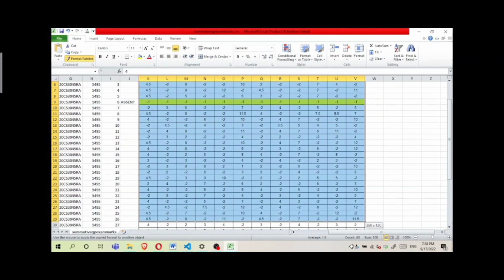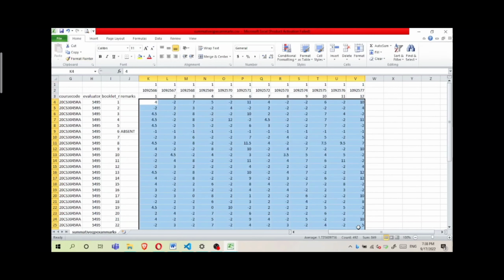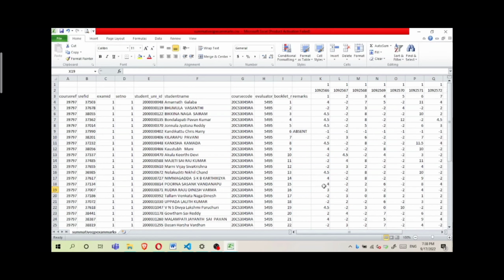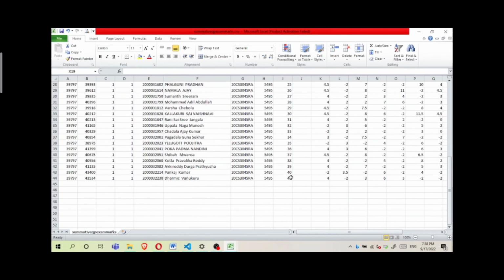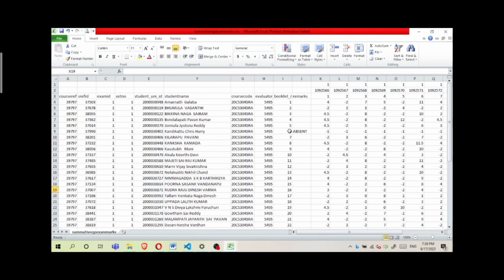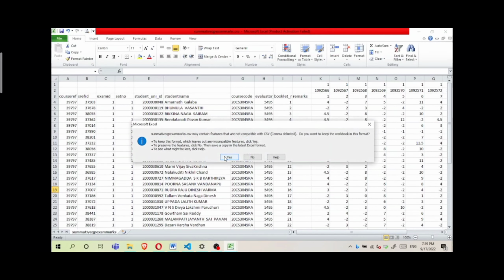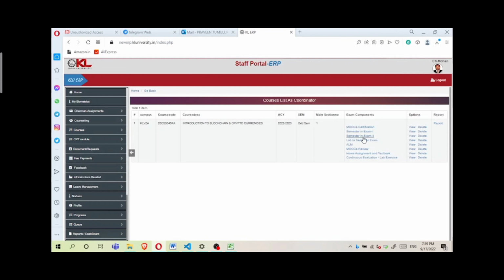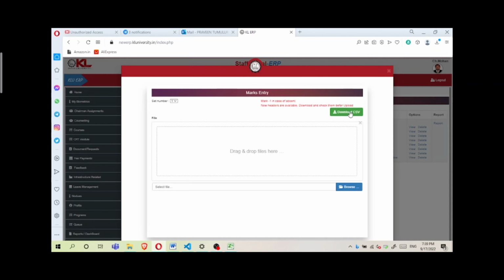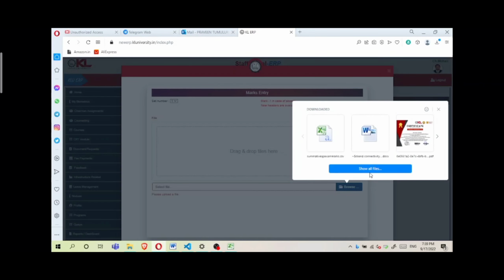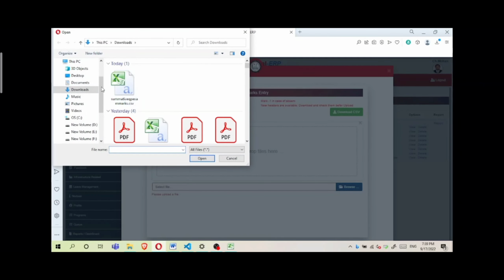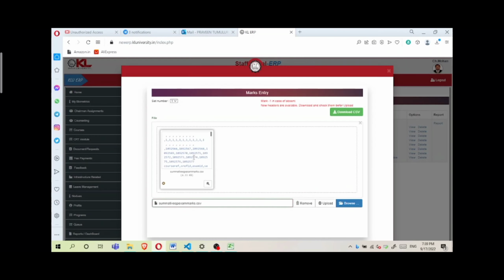Next step, we are going to save this CSV and we need to upload this CSV into our ERP. Now 41 students' marks are ready. So save this. Now we are going into our ERP. So in SEM 1, previously where we downloaded, here we are browsing the marks, select it, upload option, upload it